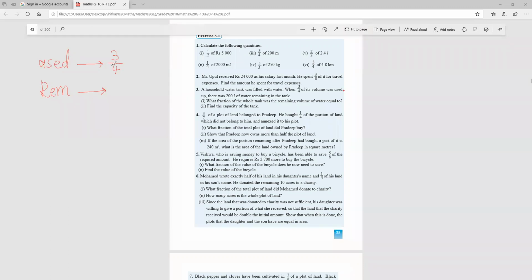Because there will be a power cut sometimes, morning 9 to 5 o'clock. So if there is a power cut, we can't get water also because we are using a motor. Okay, so I use 3/4 of the tank. So what is the remaining part of water in the tank? In my tank, 1/4. Is it clear? I use 3/4 of the water in my tank. The remaining part of the water in my tank is 1/4.